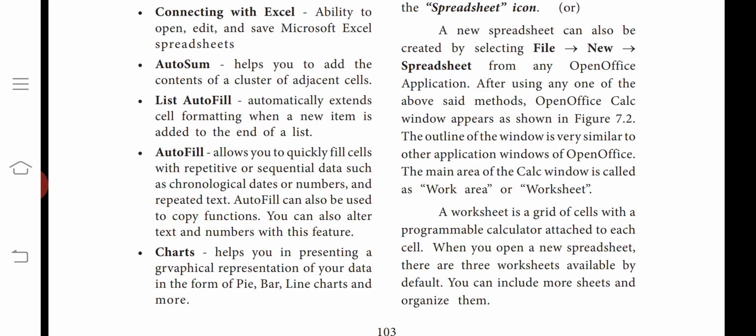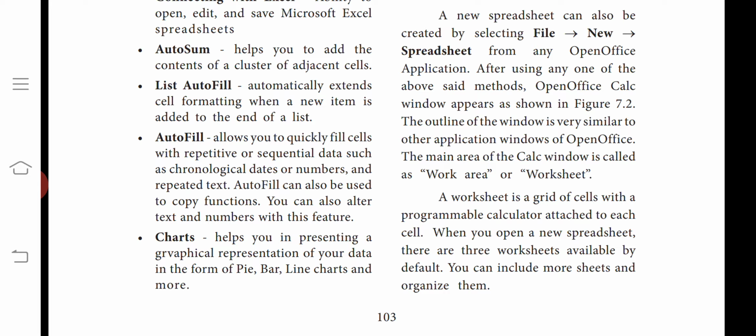List autofill automatically extends the cell formatting when a new item is added to the end of the list, so a new cell is formed automatically.